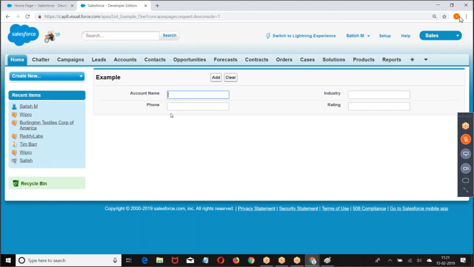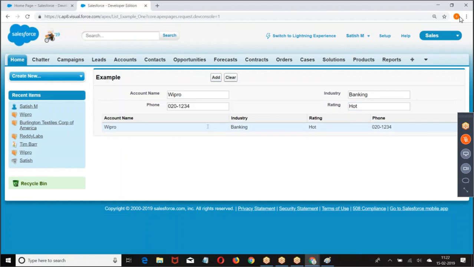So go back here. Now the block is lost. Then I'm entering the data here. Click on add. We're getting the data. But after entering the data, this should be removed, right? Otherwise, how can I enter the next record? Once this is added to the list, I have to remove it. Otherwise, I cannot add a new one.